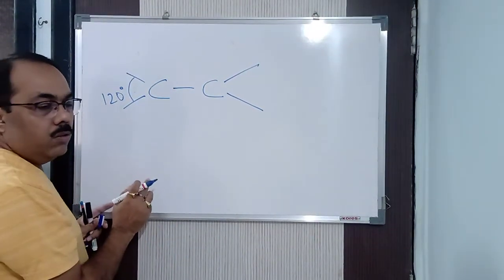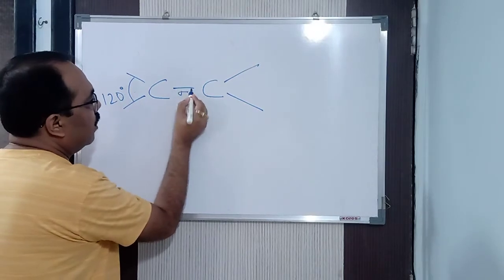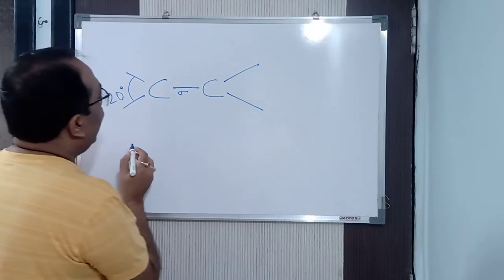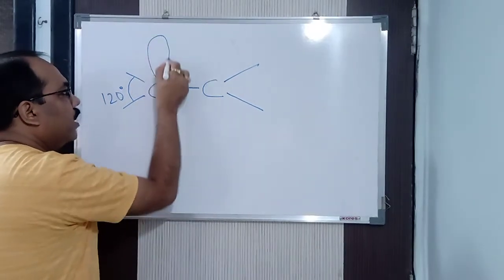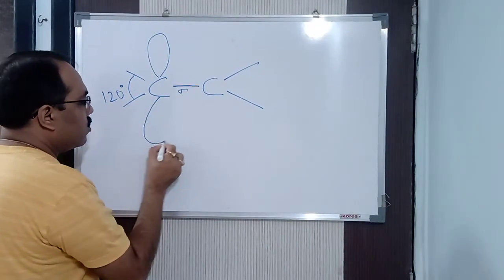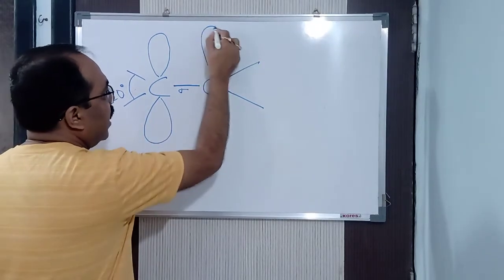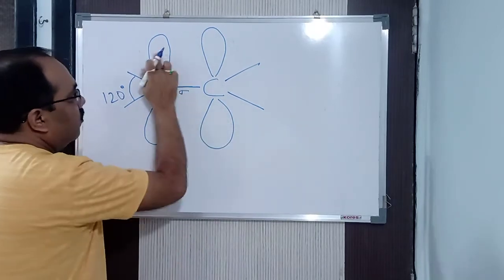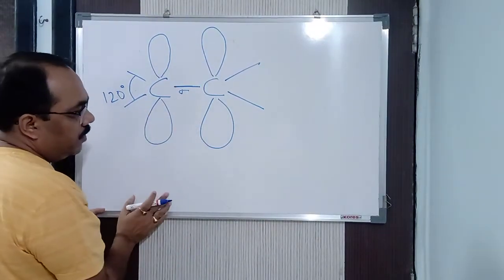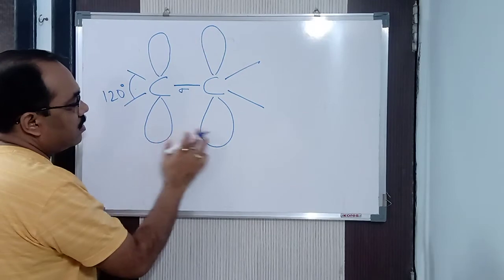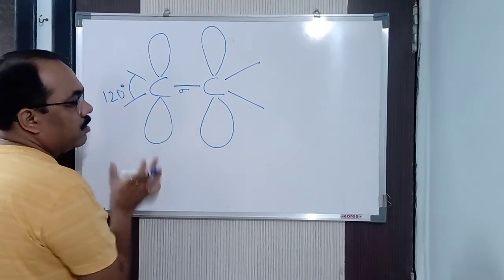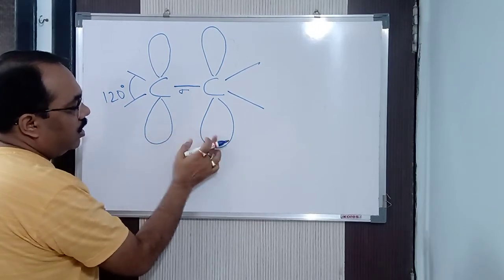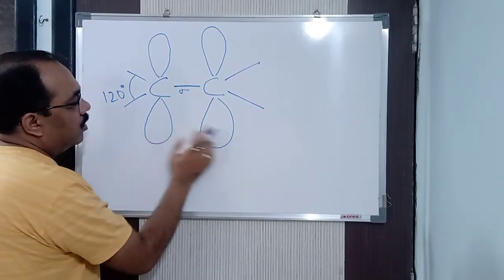Carbon-carbon: now, this particular bond is your sigma bond. Clear? And the pi bond we represent in this way, which undergoes lateral or sidewise overlapping. Now you might be thinking, what is this that I have drawn? You will study in chemical bonding, and at that time you will know it. These are nothing but the orbitals.